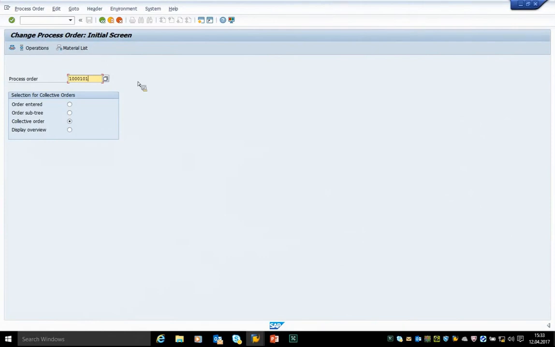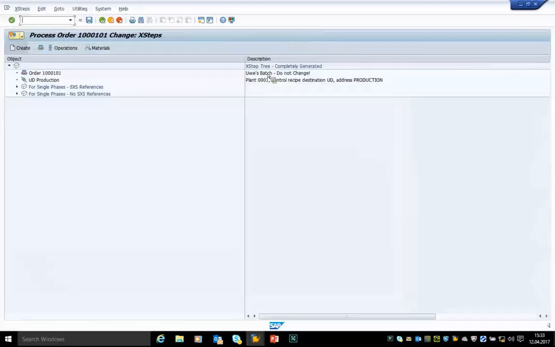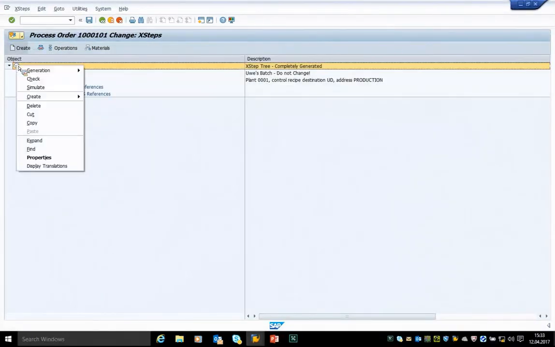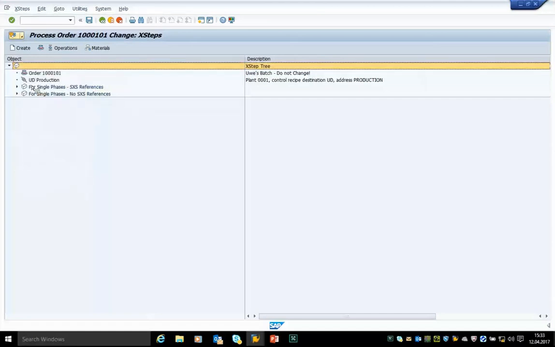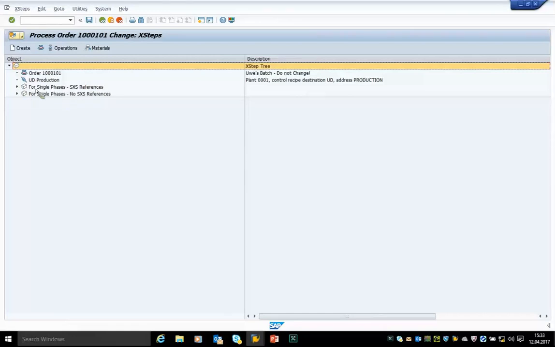Of course, like I showed you in the XStep repository, you can do those changes with respect to the input fields in the XStep editor of the master recipes, of the standard routings and the reference operation sets, and in the manufacturing orders' XStep editors. So for our purpose, I just created a process order, and in this process order, I reset, deleted the generation and reset the references. Here in our process order,